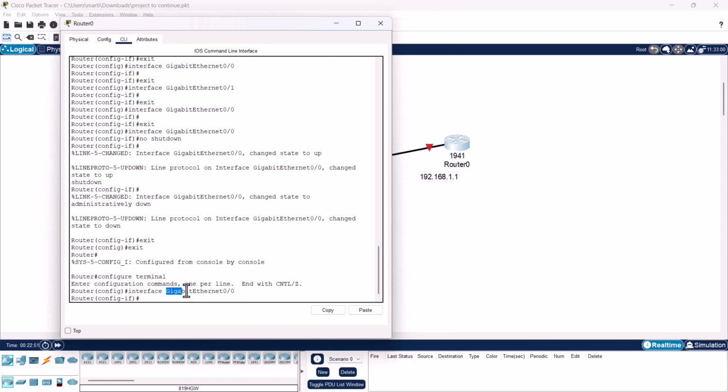And to configure this port, what we want to do next, we want to assign IP address to this port which we have just selected with this command interface gigabit ethernet 0/0. And to assign this IP address, we simply type in command IP space address and space and then IP address which we would want to assign to this port. And in our scenario, the IP address which we want to assign is 192.168, as you can see here under our router,